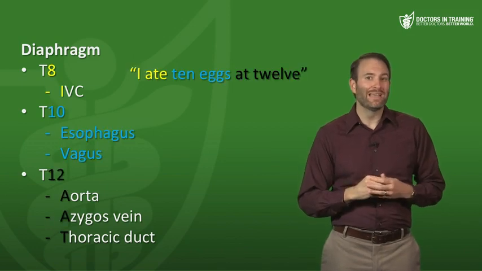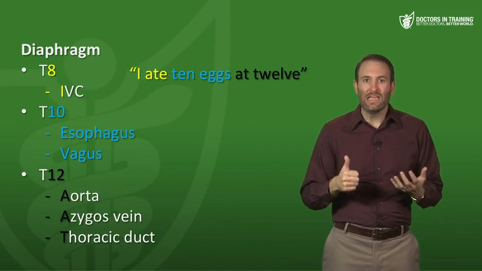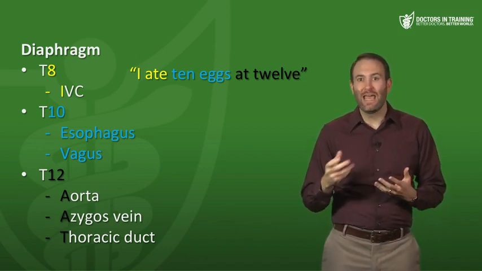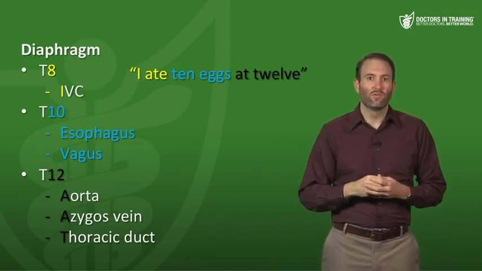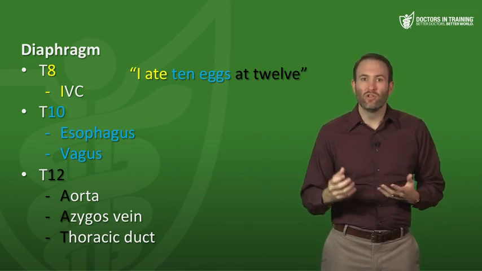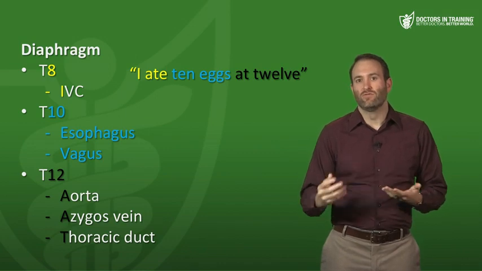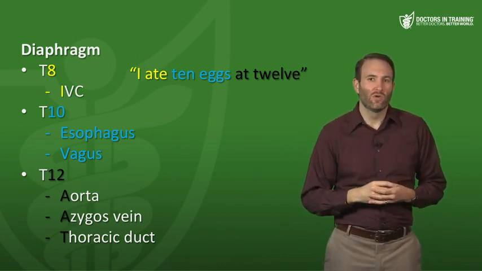The other mnemonic is "I ate 10 eggs at 12." So I, the IVC, at level 8. Then 10 is going to be at level 10, eggs, and that's going to help you remember esophagus and vagus, and that's going to be cranial nerve 10 as well. And then at 12, that's going to be your aorta, your azygos, and then your thoracic duct. So that's how you can use that mnemonic to learn where you're going to see these structures going through the